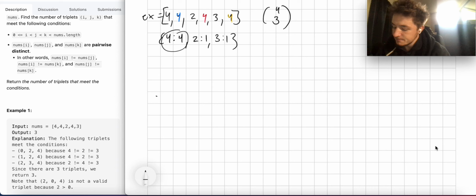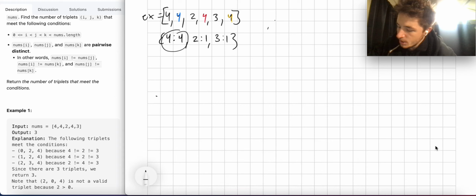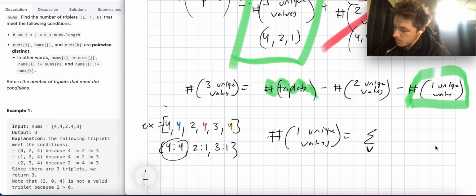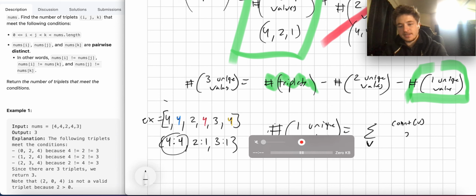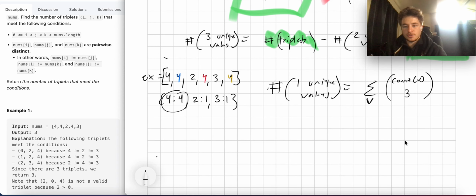So the number of ways to get one unique value is just the sum. We'll look at the count of each value. So for each unique value v in our system, how many times is it in the system, the count of that value? How many ways can we choose 3 of them? Because that'll be the number that we need to remove from the system. So 4 choose 3 is what? Well, that's, oh,